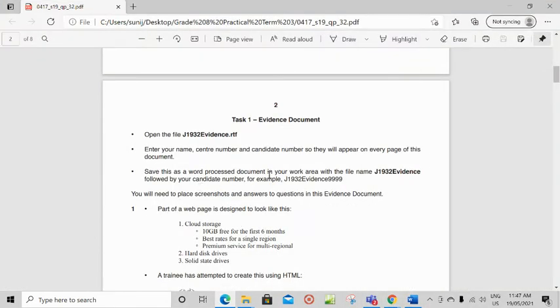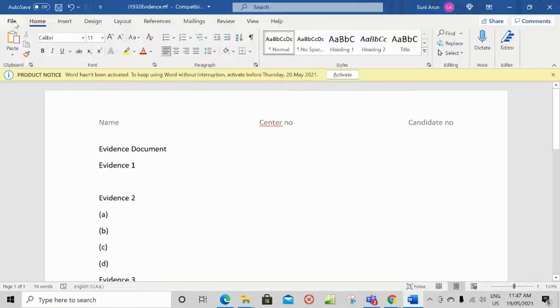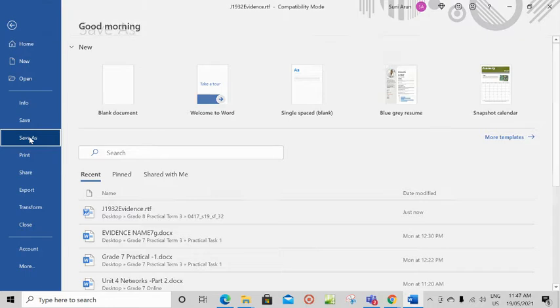Then save this as a Word document. So you have to save it as a Word document itself. Right now it's RTF. So you need to save this as a Word document in your work area with the file name J1932 evidence followed by your candidate number. Go to file, save as.